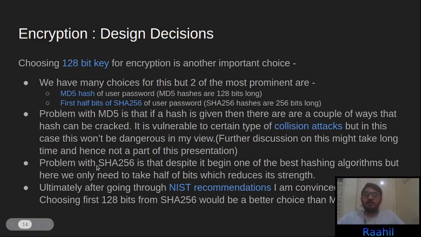And the issue with SHA-256 would be that despite it being a very strong hashing algorithm, here we are discarding half of its length, so it becomes significantly weaker, and hence this is the dilemma that I faced. So after going through some NIST recommendations, I am convinced that despite taking 128 bits from SHA-256 being weaker than full SHA-256, it will still be stronger than MD5. So that is what we will be taking here.